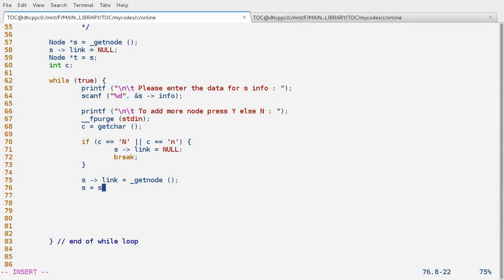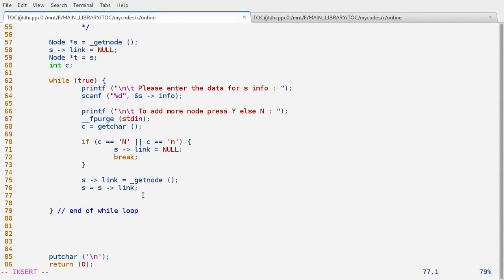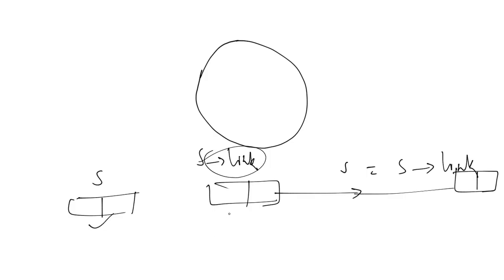So s equals s link. This has been updated, and when we create the list like this, then at any point of time, s will point to the last node. So if the loop goes over, and every time the nodes are going to be created, the pointer s will get advanced. Initially it was pointing here, and then in the next iteration it is going to point here,